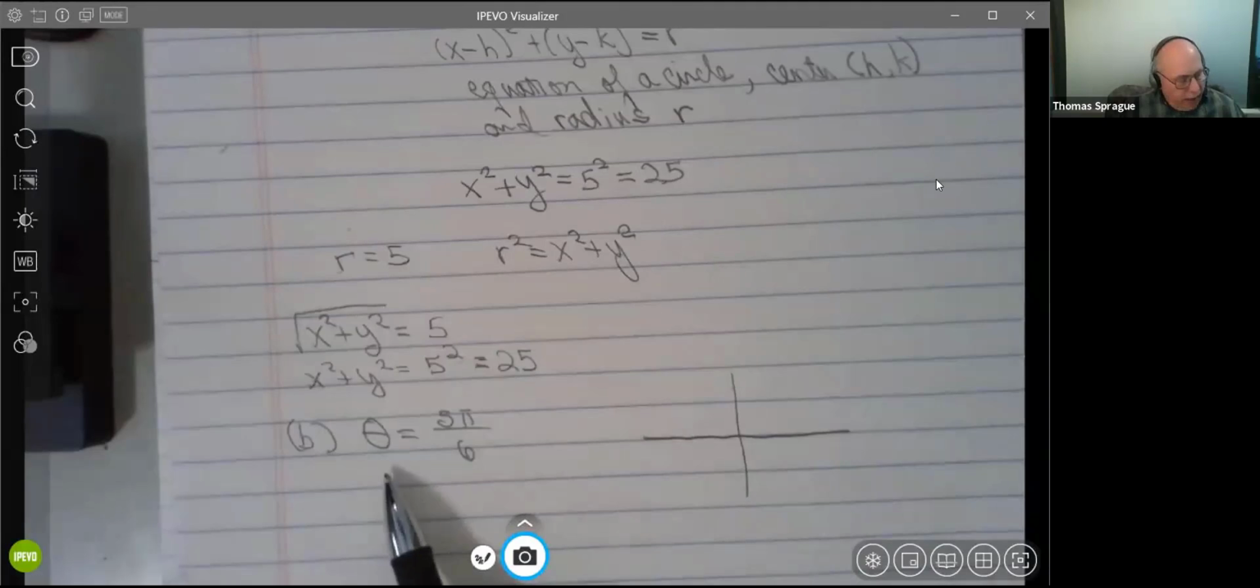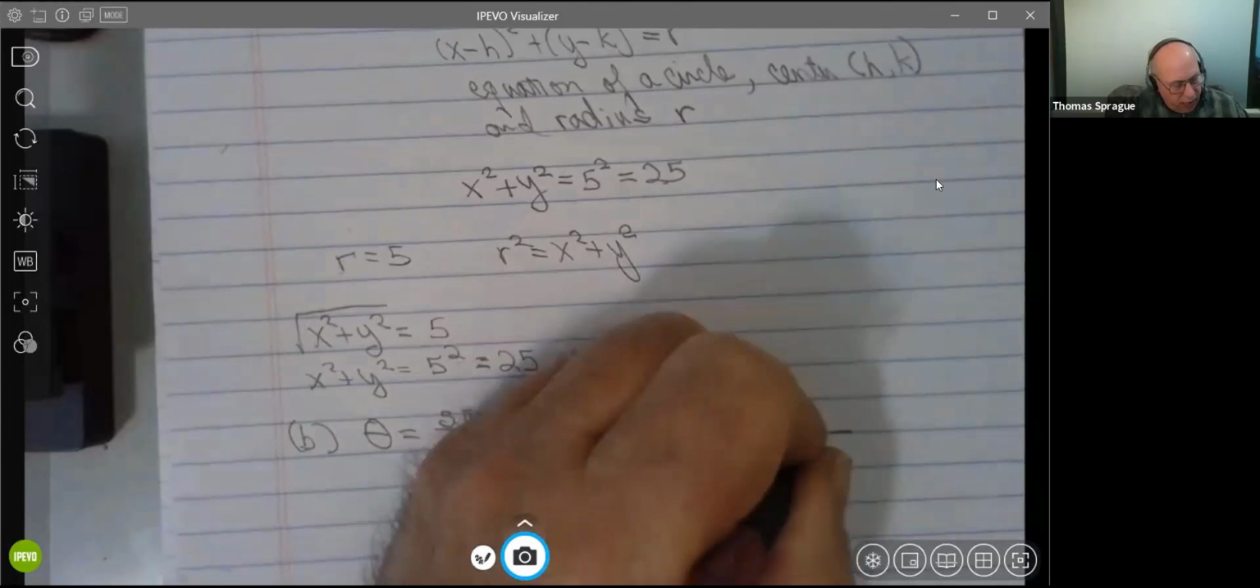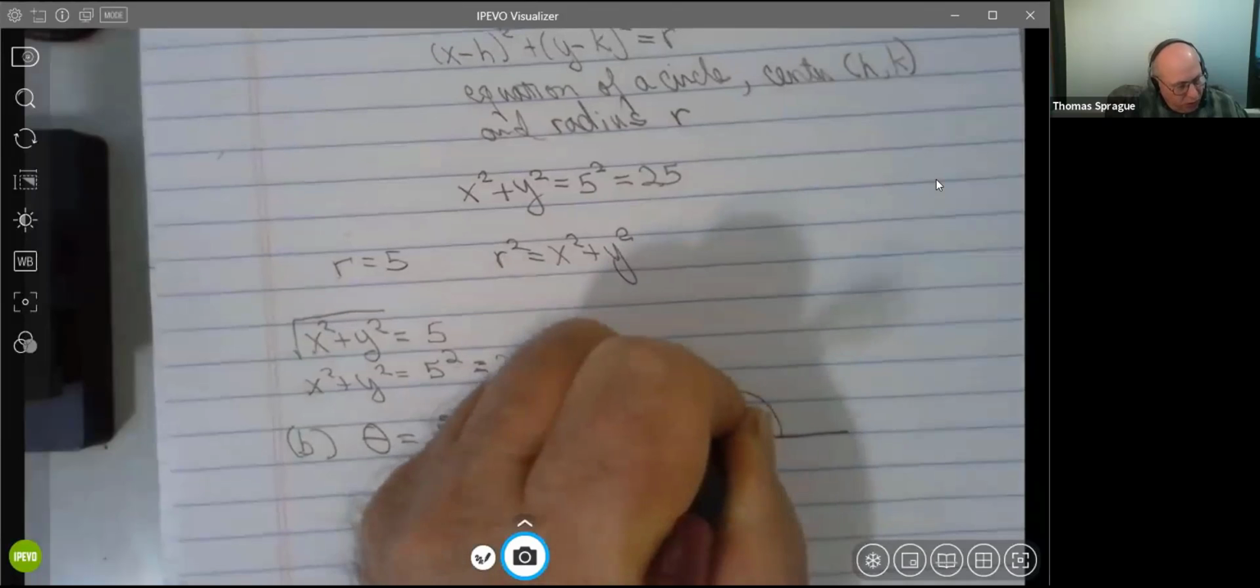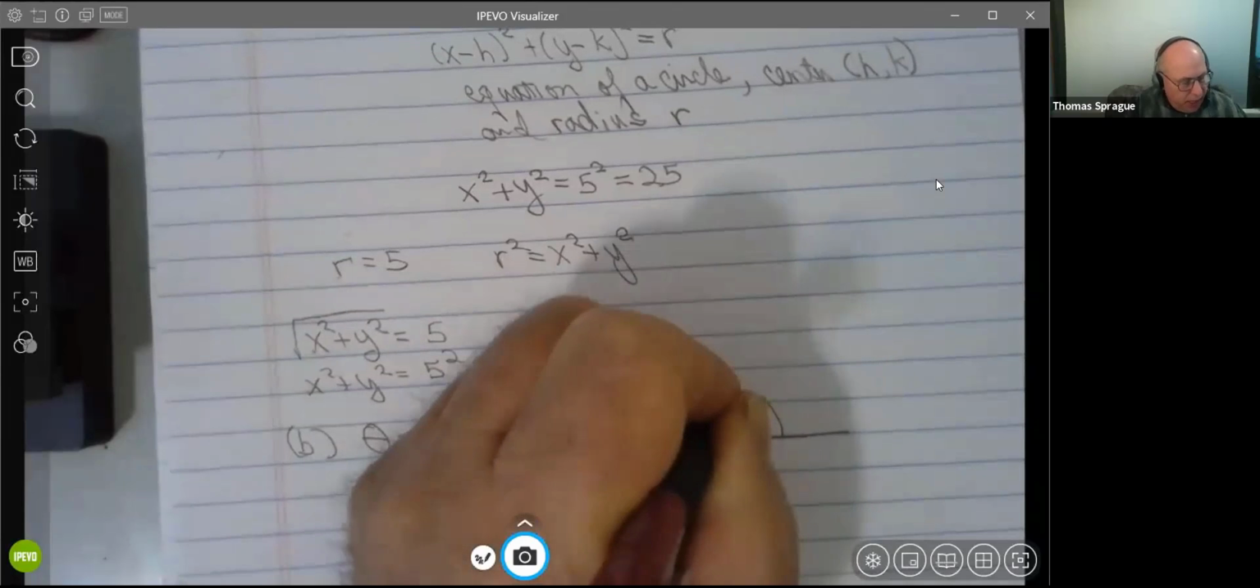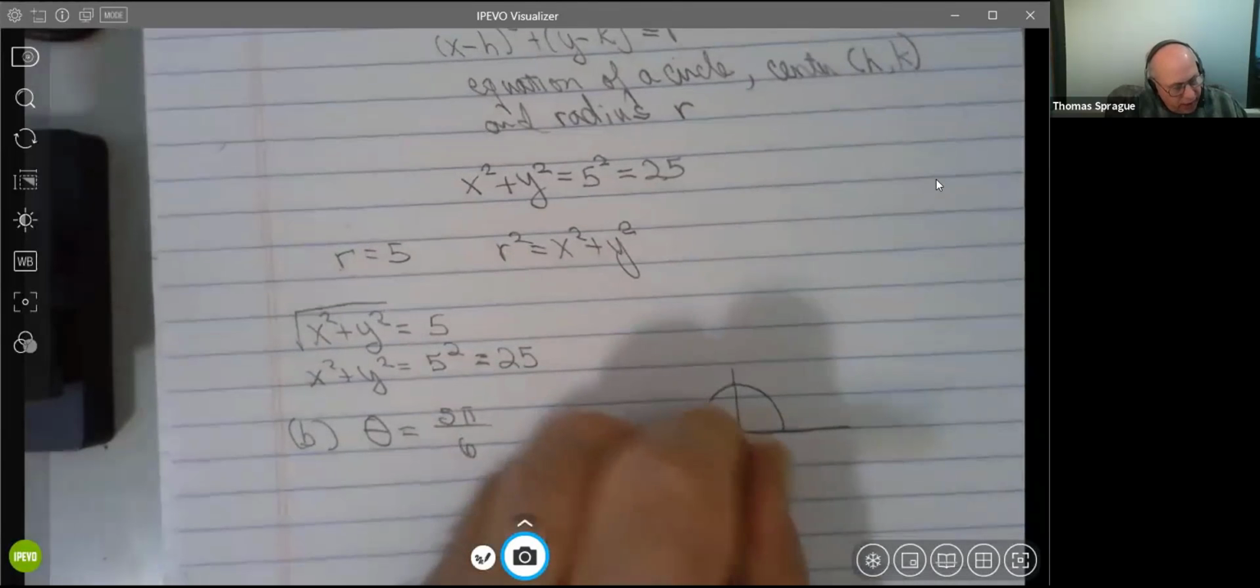Okay, find the rectangular form of this equation. Well, this equation says the angle is constant. By the way, 5 pi over 6 is just pi over 6, or 30 degrees short of pi, right? So if the angle were pi, that'd be right here, pi, and now we're 30 degrees short of that. So